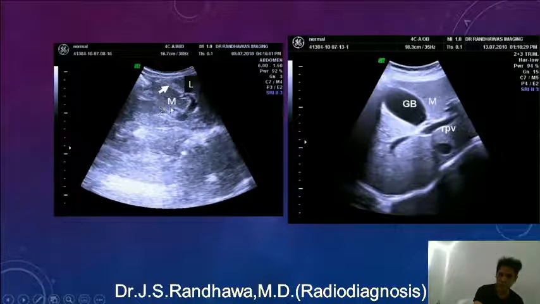So inferiorly we have close to the gallbladder the medial segment, or you can say posterior to the falciform ligament we have the medial segment, which is also referred to as quadrate lobe, Q. Caudate lobe. So we have caudate lobe, which is posterior to the falciform ligament, and anterior to the falciform ligament we have the lateral part of the left lobe.